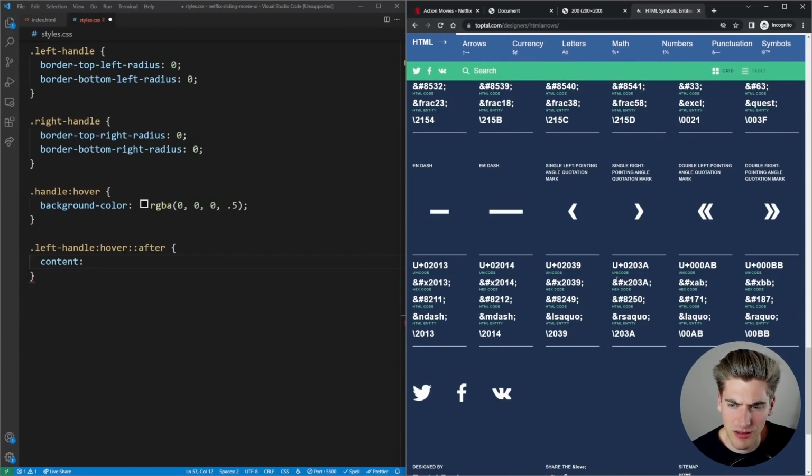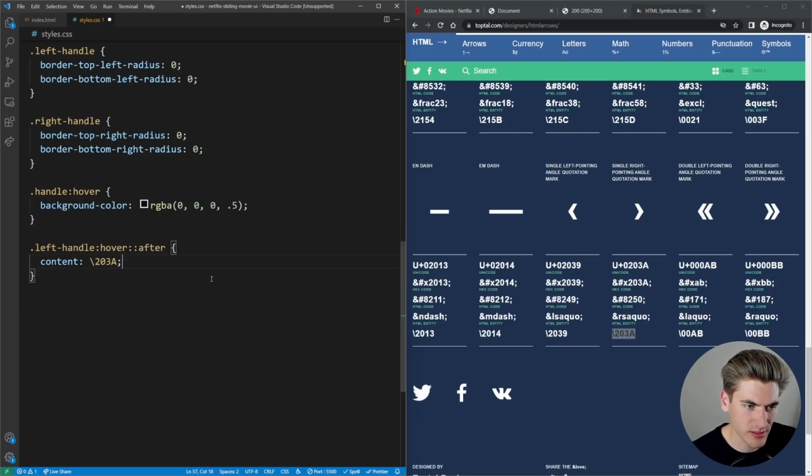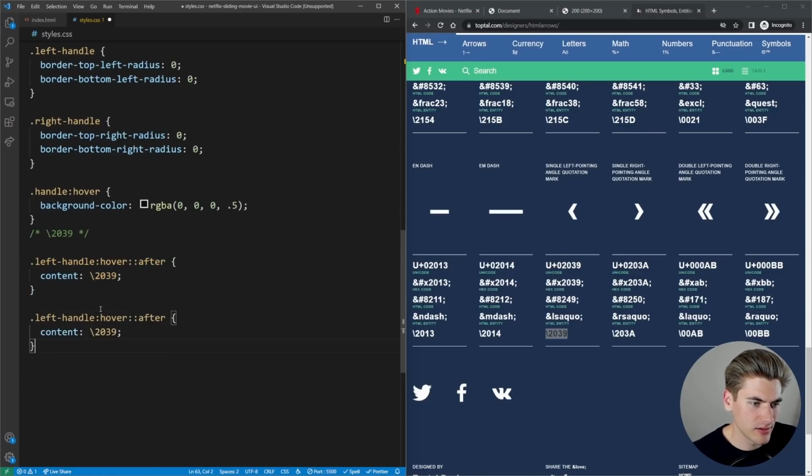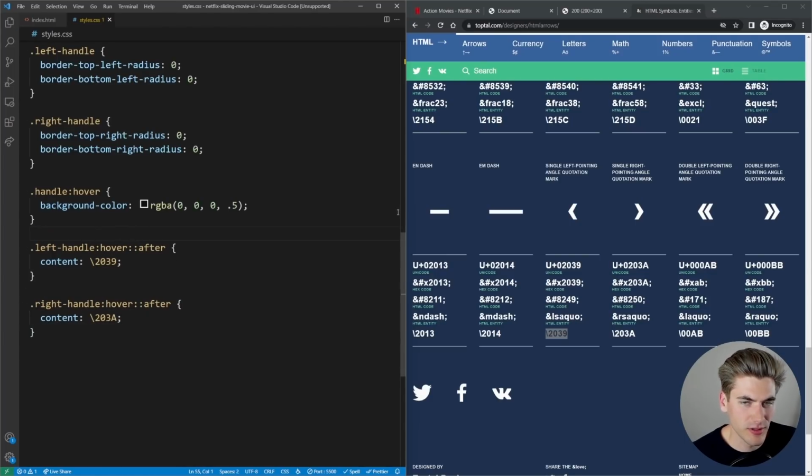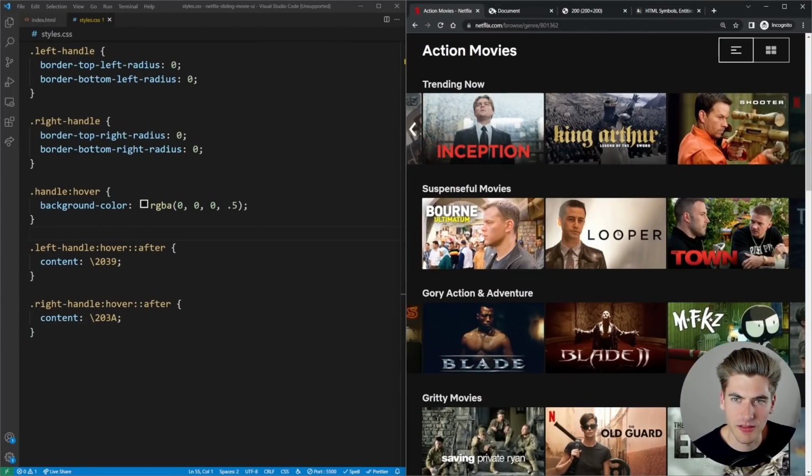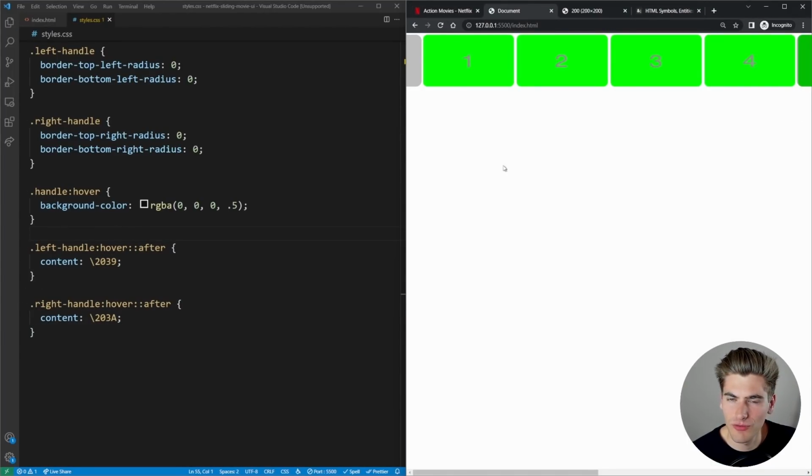We'll just copy that. So we will take the CSS code, which is this very bottom one right here, and we'll just set that as our content. And we'll also get the other one here. I'll just comment it out for now. So the left handle is going to have the 3.9, and the right handle is going to have the 3a. There we go. So now if we go back to here and we hover, it should hopefully show those up,